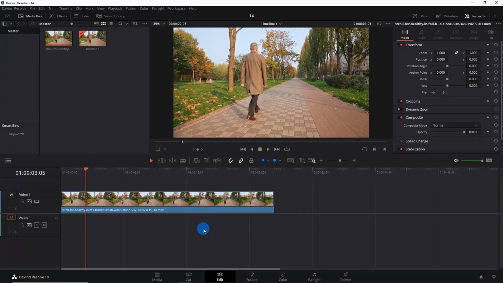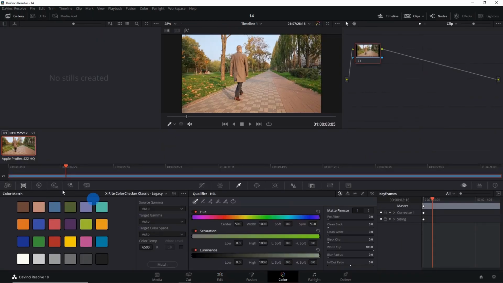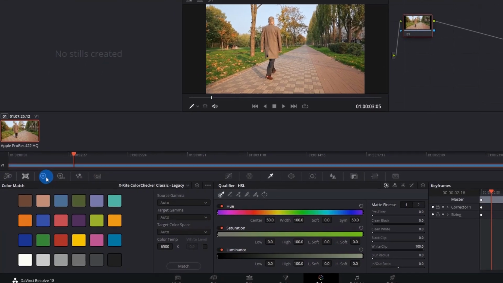In this video, we are going to transform a colored video to black and white. So let's start. Now we have a video of a man walking and I wanted this video to be in black and white. So here, select this video, go to color tab and from this toolbar, you just click on